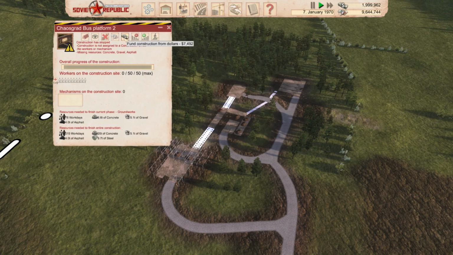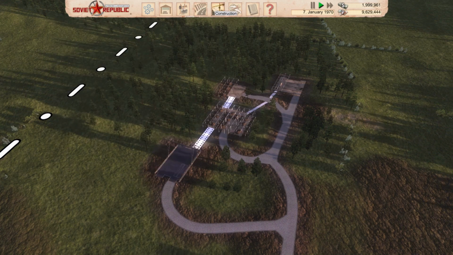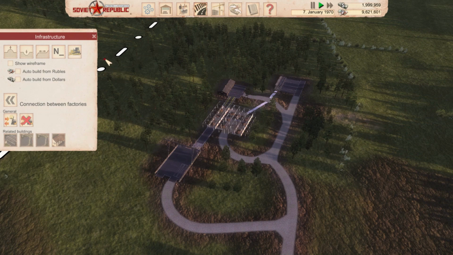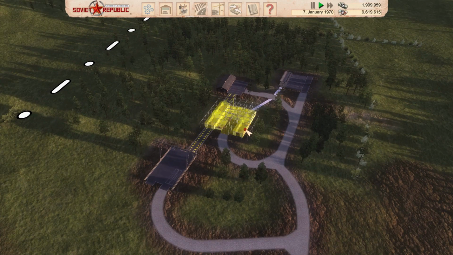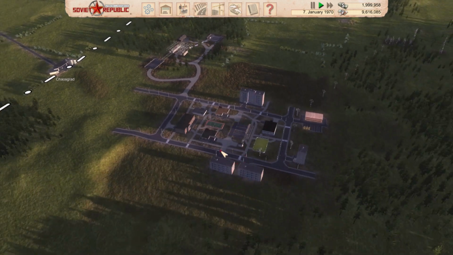Get that out of the way. Get that built. Get that built. And if I go here to these connections, let's get those connections built as well. So immediately, all of that'll be working. Is this thing almost done? Almost done. So what I'll do now,